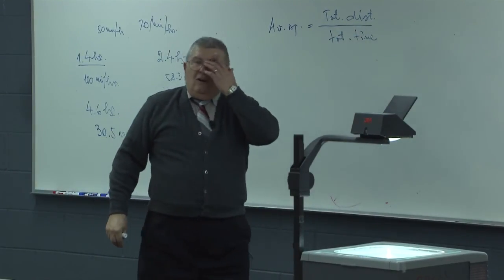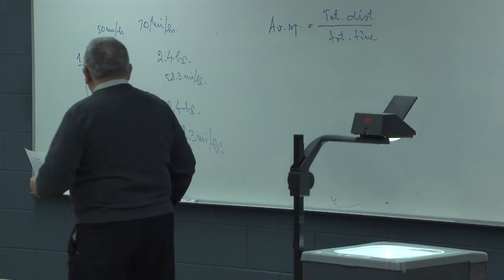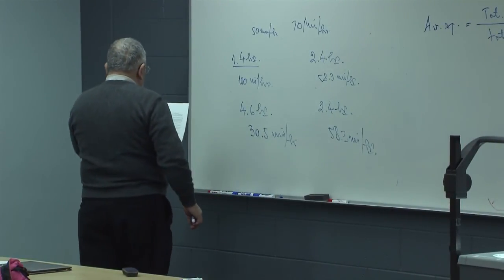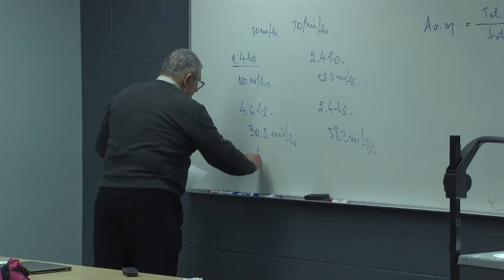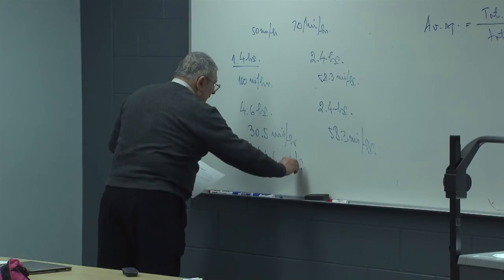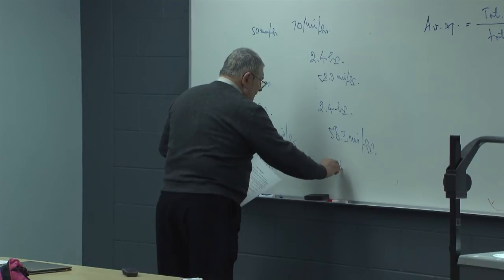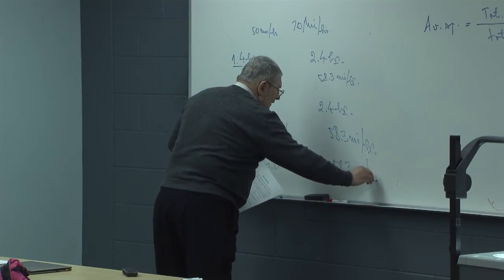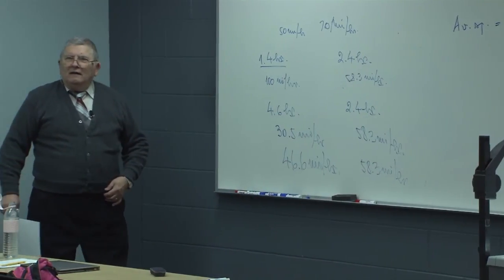And if you find these two values for the two cars, for this one it is 46.6 miles per hour, while for this one it is 58.3 miles per hour. And now,